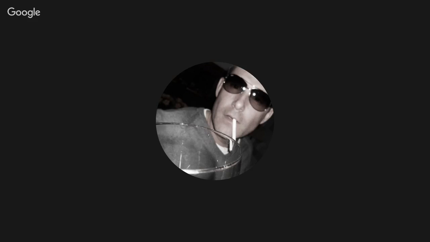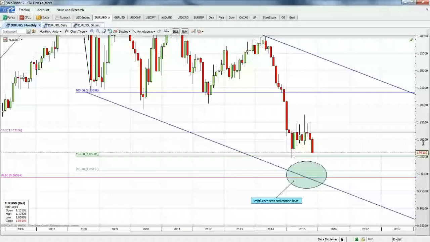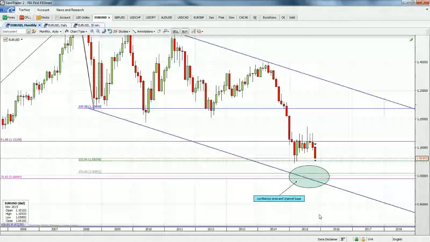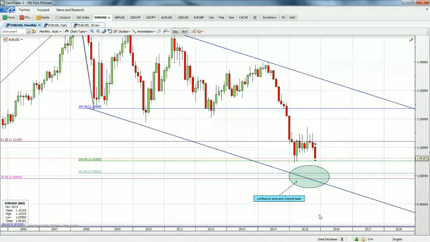Now this, we believe, is going to be the last leg of the move lower. And normally, if you believe in Elliott wave, or even if you're looking at symmetrical patterns, the last legs are normally the choppiest. So we get mixed, volatile price action in this last leg. So even though we're aiming